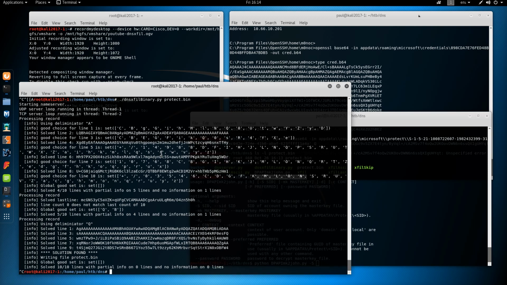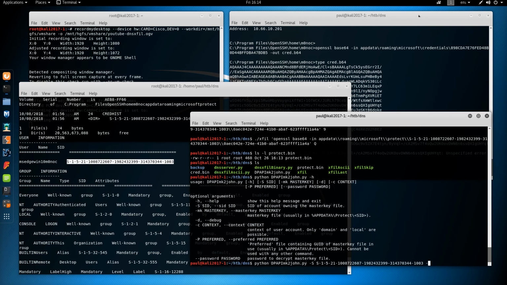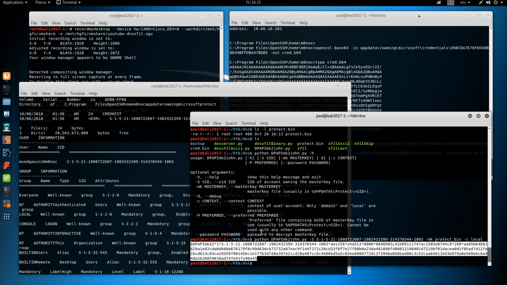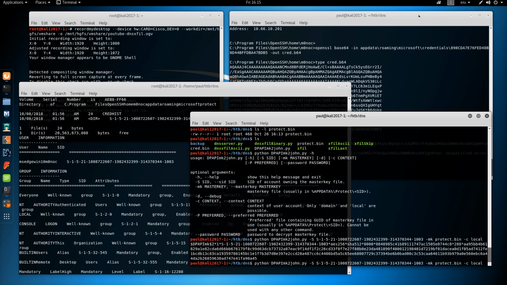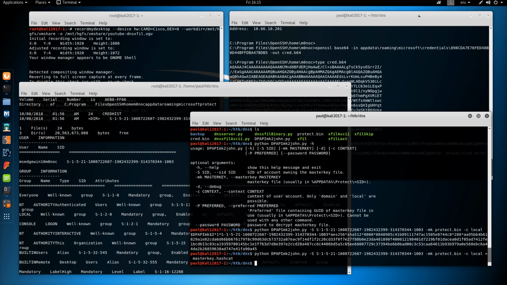So first of all, SID, and then master key, which is what I've called protect.bin, and the context, it's a local account rather than a domain account. So that generates the hash that John, and fortunately Hashcat, can crack. So let's just do that. So if we copy that to our Hashcat box,